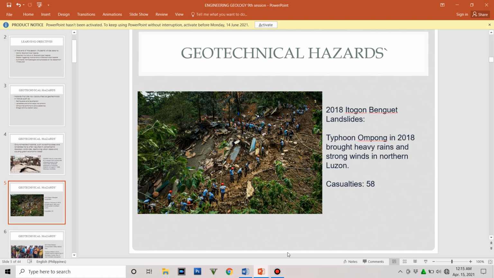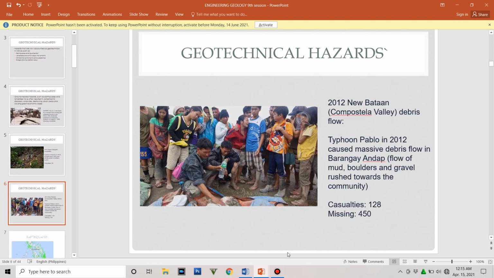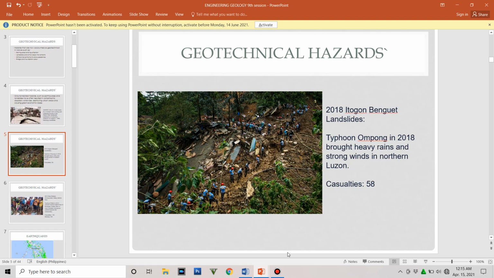And then another example, we have here the 2018 Itogon, Benguet landslides. It was triggered by Typhoon Ompong, which brought heavy rains and strong winds in northern Luzon. The casualties were around 58. By the way, this landslide event is characterized by bunk houses, and the communities are